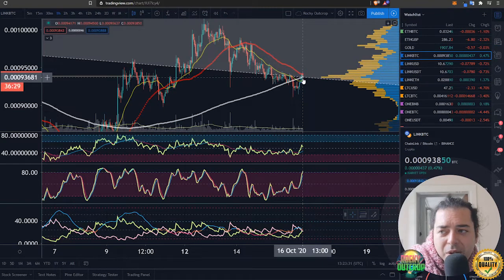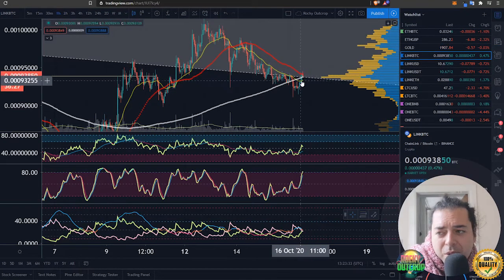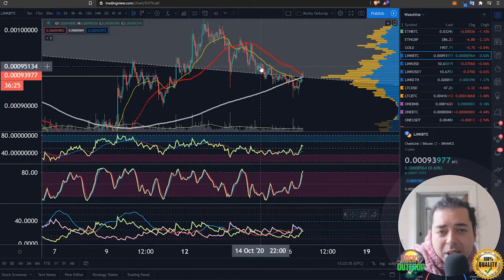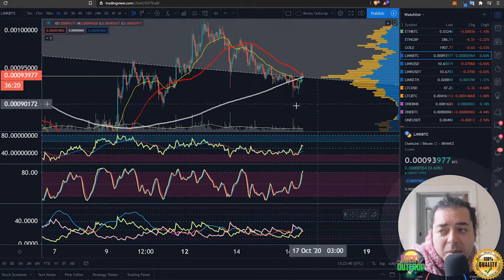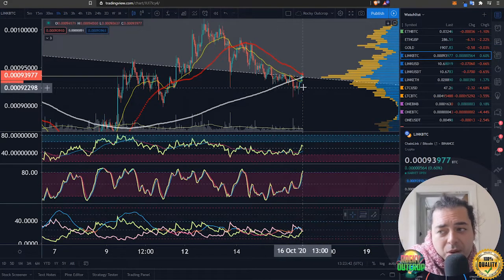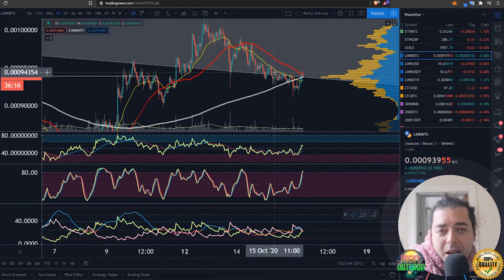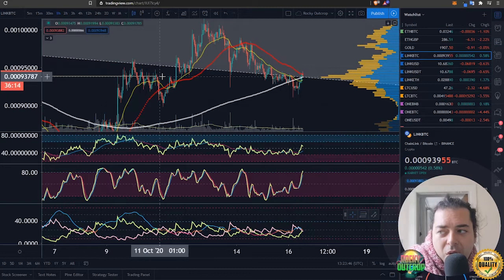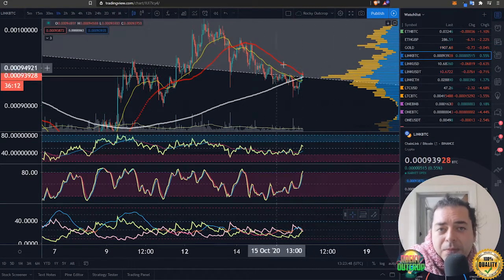On the 1-hour time frame, then, you can see how we've interacted with this pitchfork yet again, having actually found support on it, sandwiched between these two moving averages. I'm just going to leave that more or less with you for the weekend in terms of doing your own technical analysis. While people do tell me from time to time that if I say the numbers more clearly, hover over them, etc., it makes it easier for you,